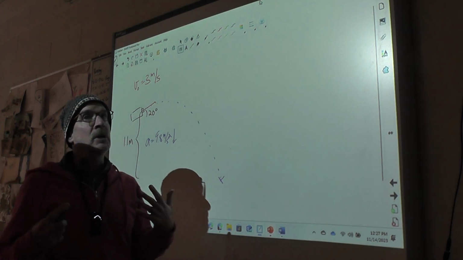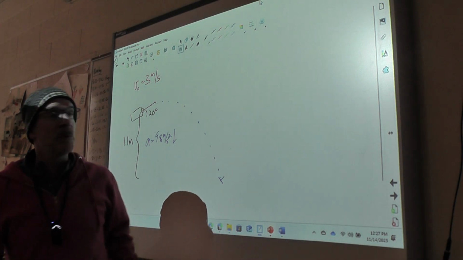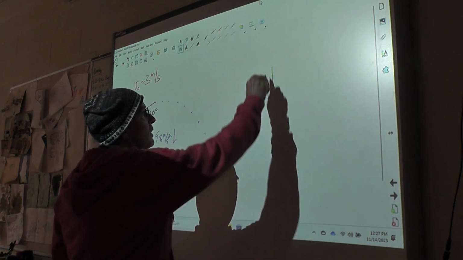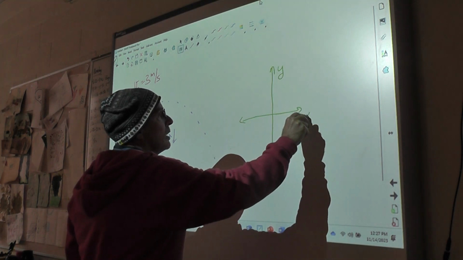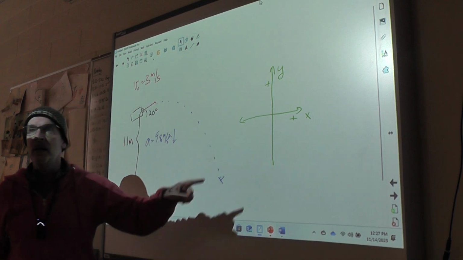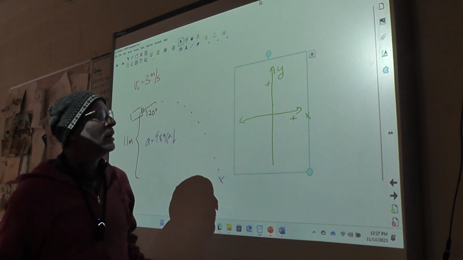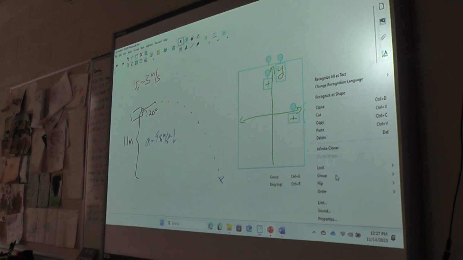So how does that relate to axes and stuff? Well, we get to decide what axes we want to use. If we have a set of coordinate axes that look like this, where our positive directions are up and to the right, and our y-axis is vertical and our x-axis is horizontal, then